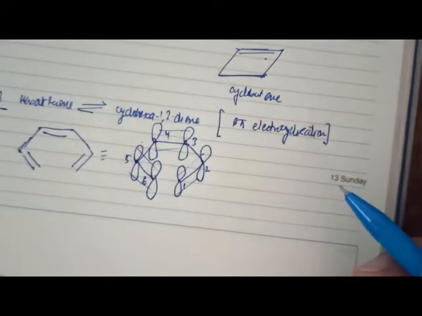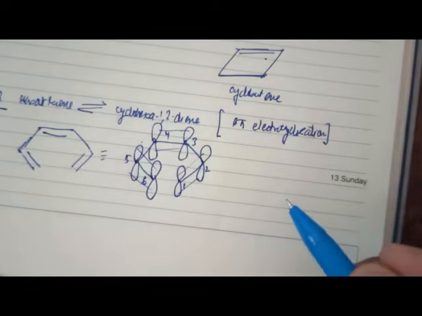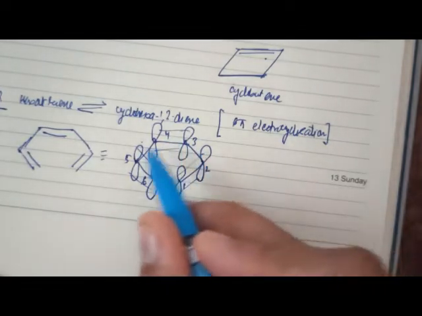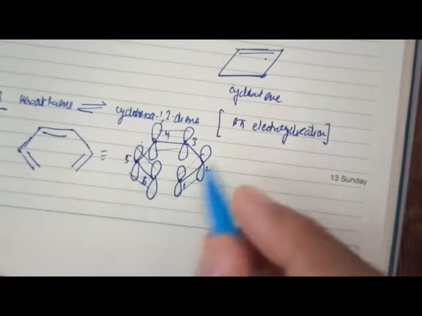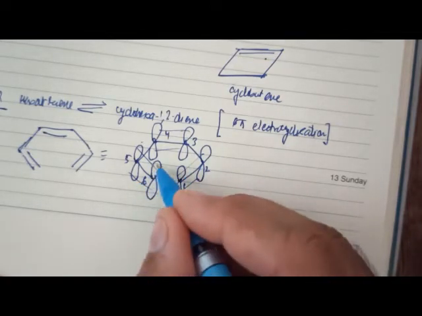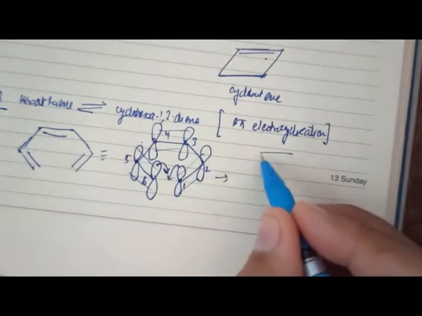When electrocyclization has to take place, it is always the terminal p lobes of the conjugated polyene system, which in this hexatriene's case are the first carbon atom and the 6th carbon atom. So first and 6th will rotate. They can rotate like this, let's say. If they rotate like this, what will happen?